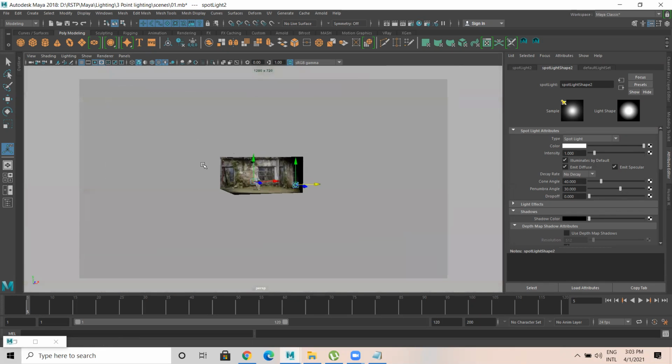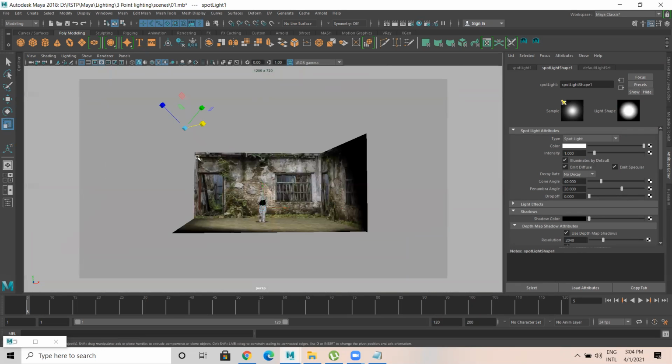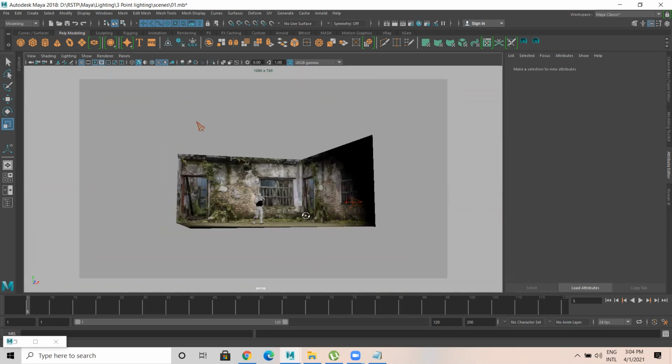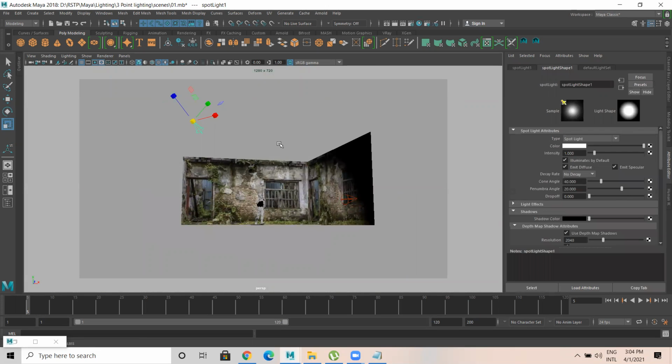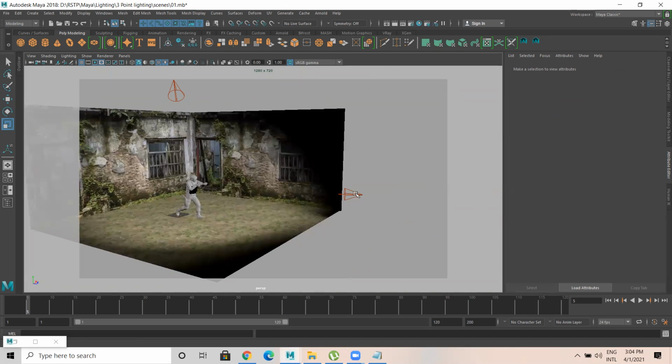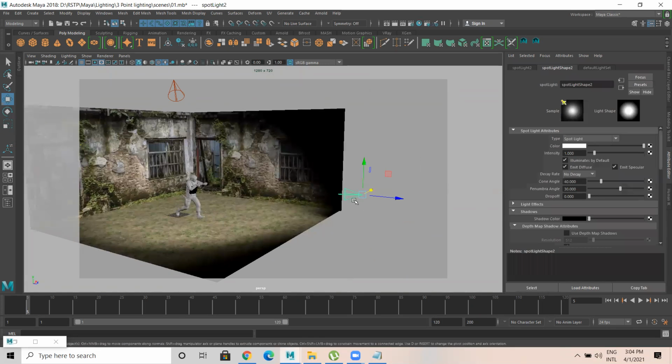Now, what is the intensity of this particular light which you have created here? I'm just going to increase this. It doesn't make any sense to scale this up, because these lights work based on these values only. Increasing the scale is only for visibility of the light node, so the user can select and work with it. So now, what value should we have for the fill light?